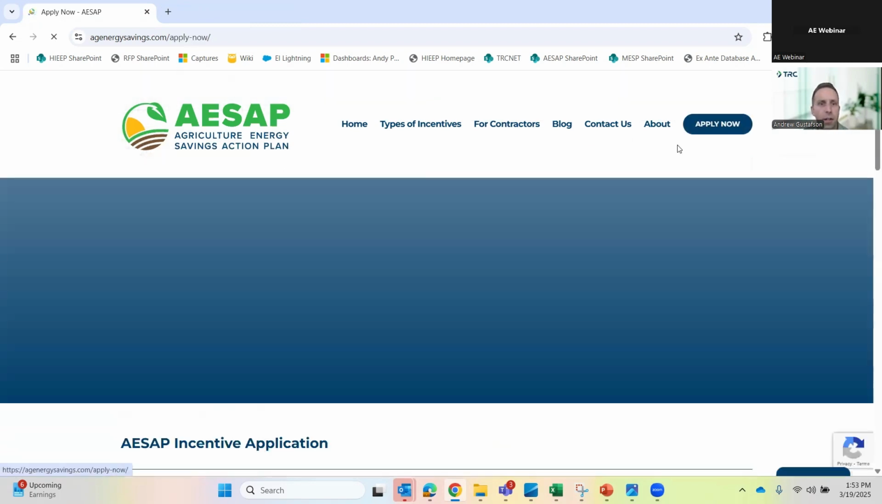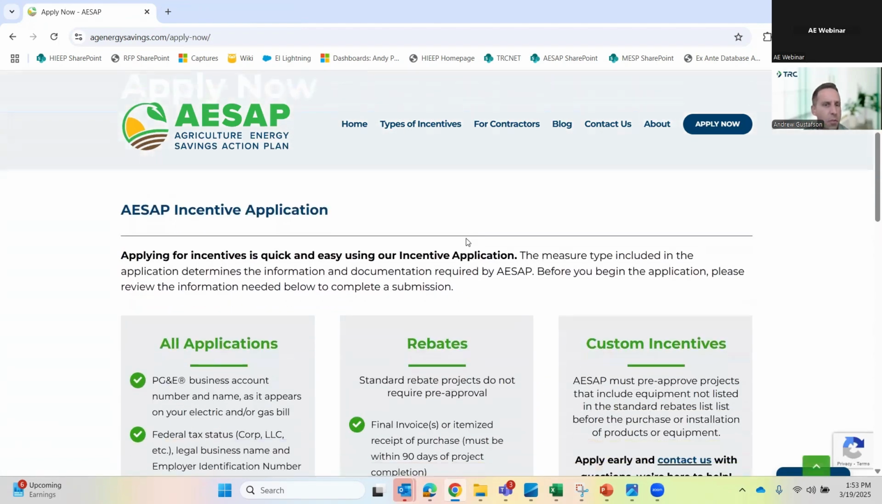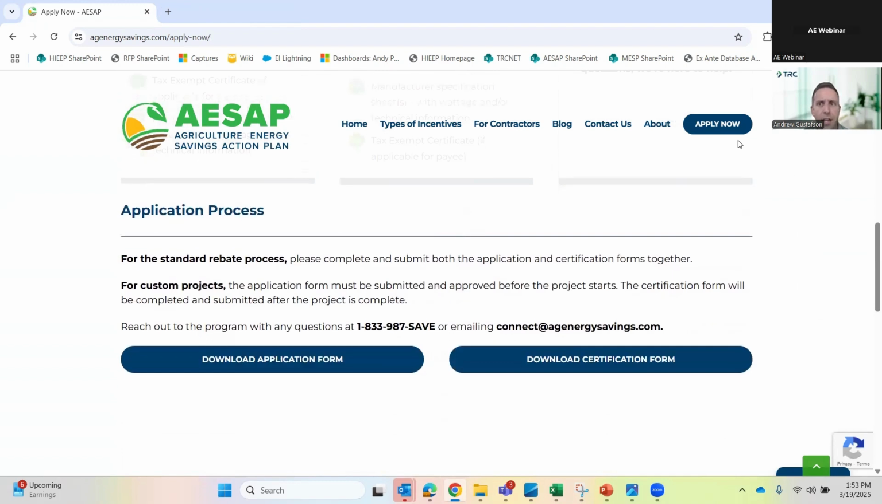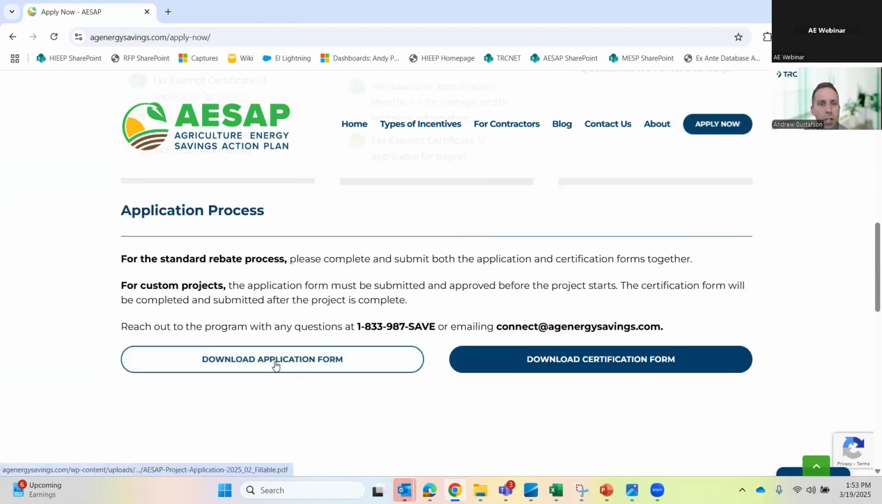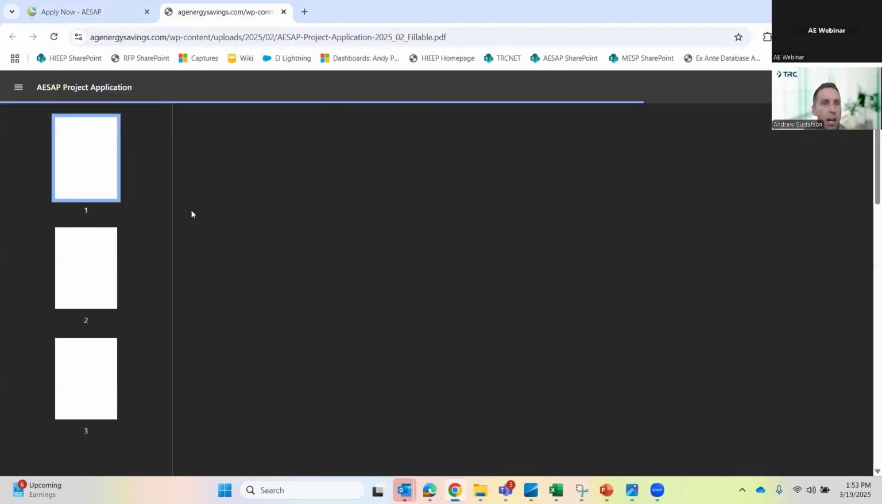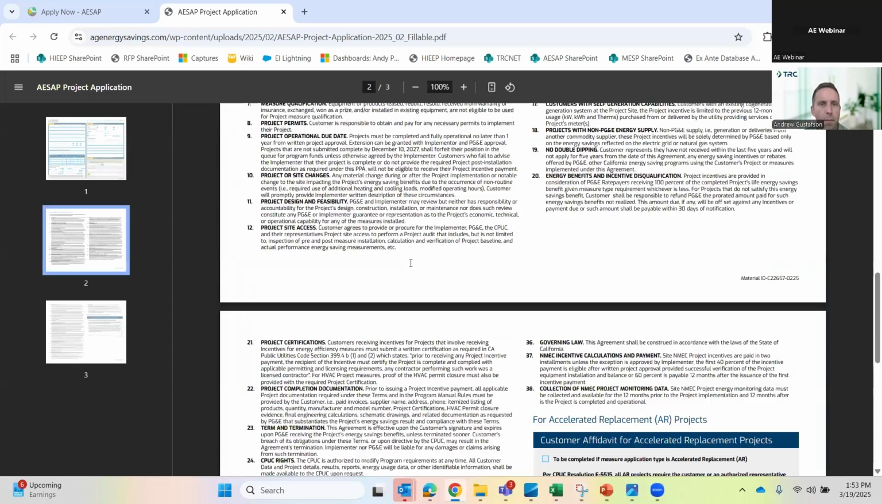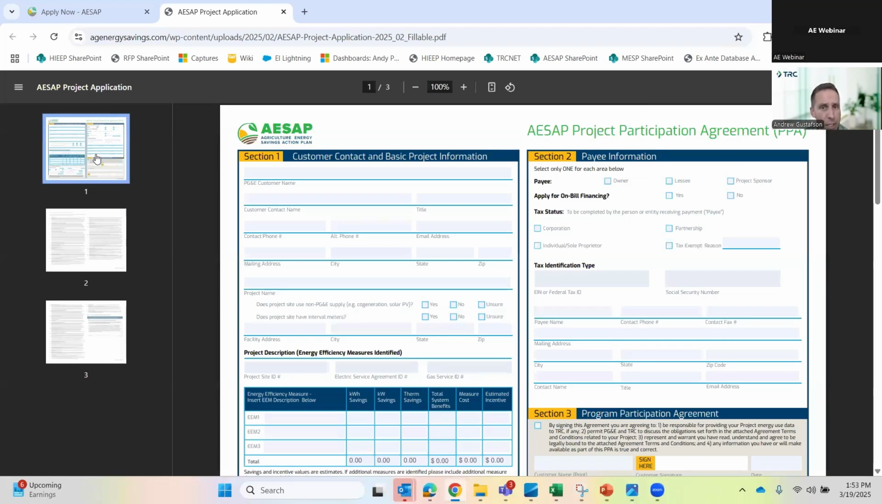Another good thing here is the apply now. If a customer wants to review the application, say the terms and agreements or something like that, under the apply now button, you can download a copy of what's called the PPA participation agreement. It's the application. It has the terms and agreements for the program that we have to adhere to through PG&E, but it's all here. So you could download that and send it to the customer